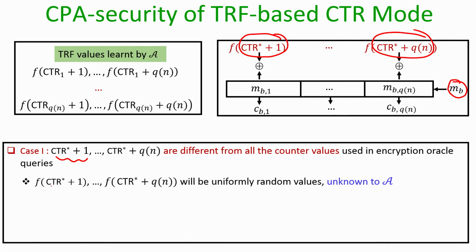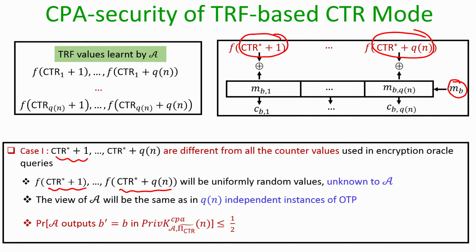Since these counter values, counter star plus 1, counter star plus 2 and so on, are never repeated, from the viewpoint of any adversary the value of the truly random function on these new inputs which have never been used will be truly random, because that is the property of a truly random function. That means the adversary does not know what the pads are which have been used to mask the blocks of the message MB. What we can say is that from the viewpoint of the adversary, his view is as good as if he has seen qn number of independent instances of OTP,